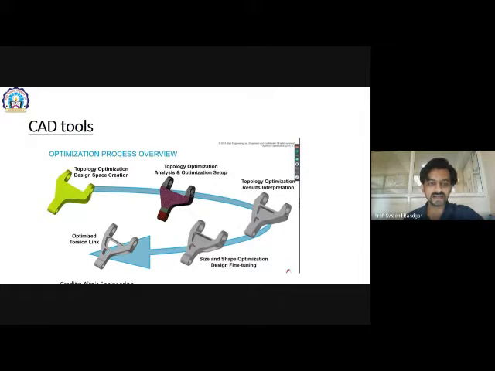Whatever holes are created in between, not the mounting holes I'm talking about, but the cavities and holes, these are unnecessary things. They don't contribute as stress-taking elements, so they don't contribute to the strength of this component, but these beams and other parts do contribute to the strength of the part. What optimization is in detail we will see in the next third or fourth unit, but not here. I am just including these pictures to make the subject interesting.